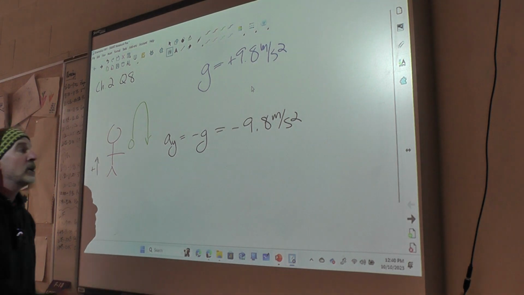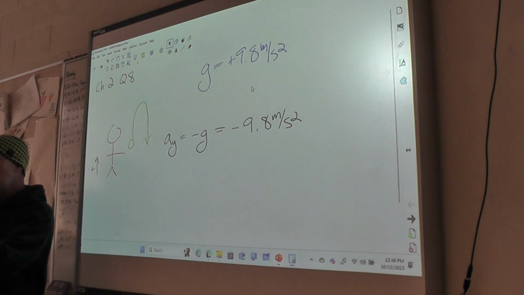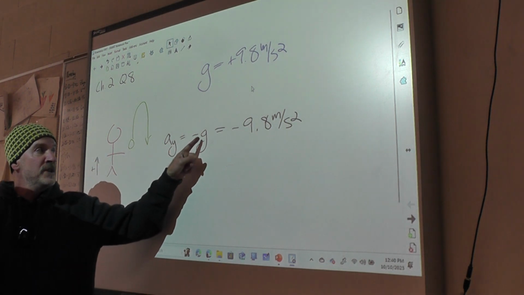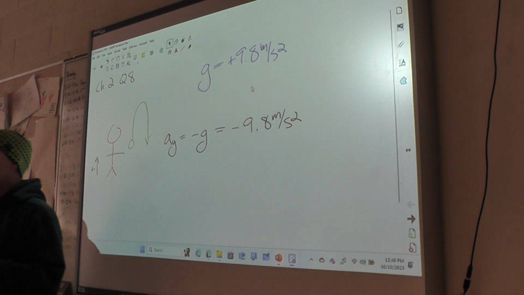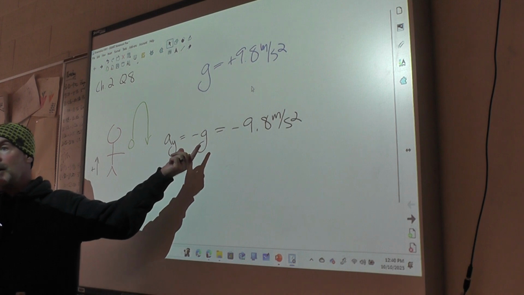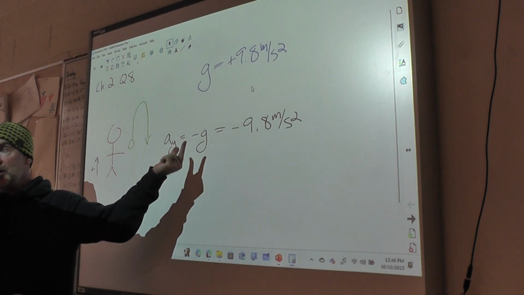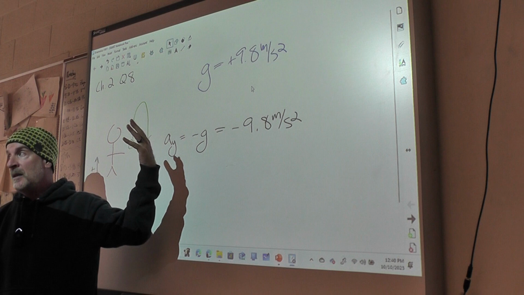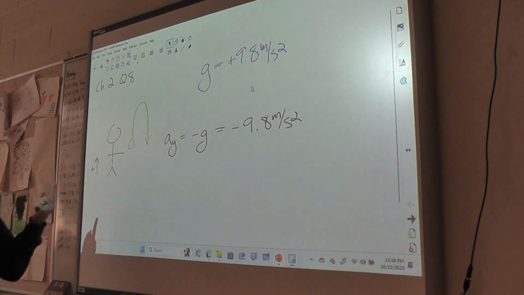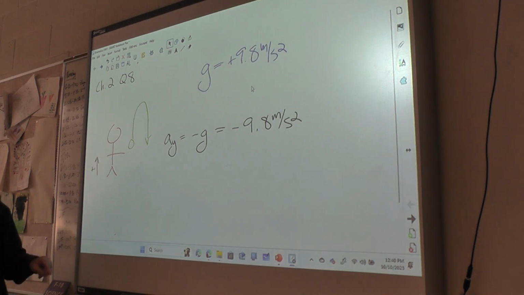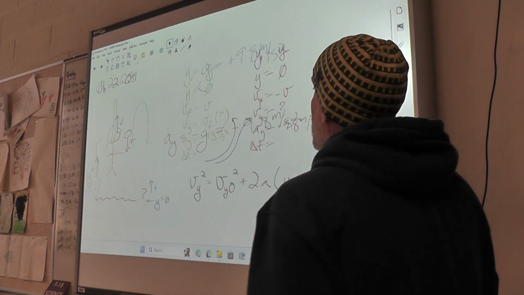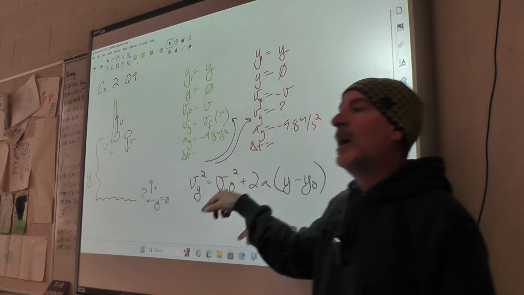So the entire time this ball is unsupported in the Earth's gravitational field, it will have an acceleration equal to negative g, which is negative 9.8 meters per second squared. This is the kind of thing that is arbitrary. They didn't have to say that g is always a positive number, but they did, and that means that our acceleration is going to be negative g when our frame of reference says that up is positive. Okay. So, all right, so that's number 8. Number 9 we can think about in a few different ways.